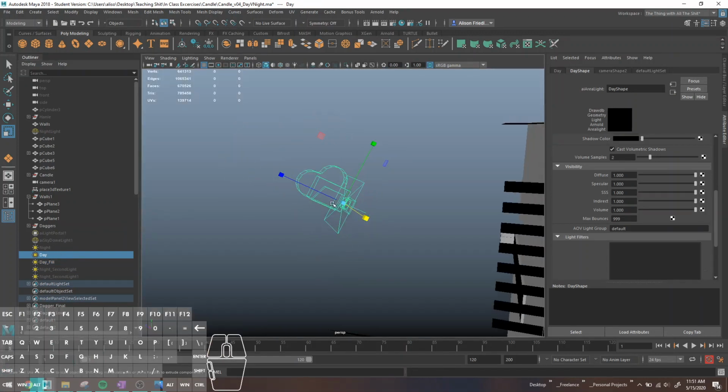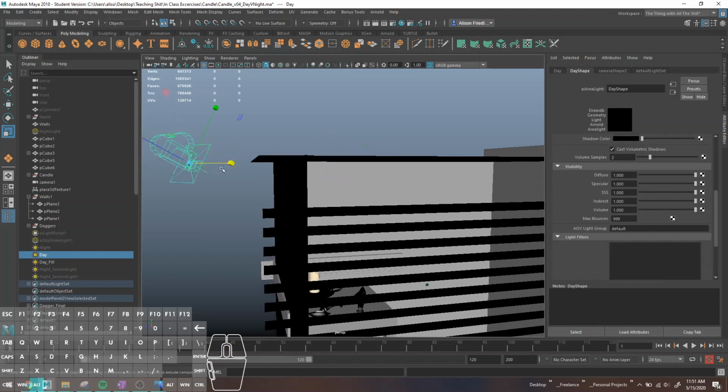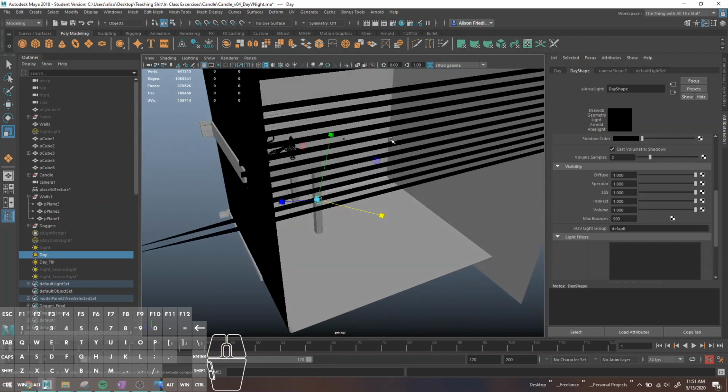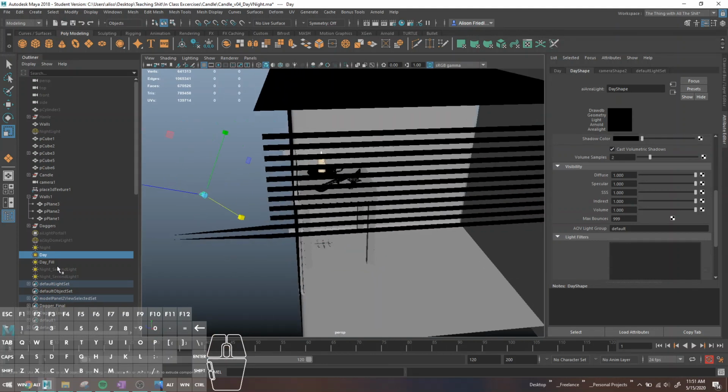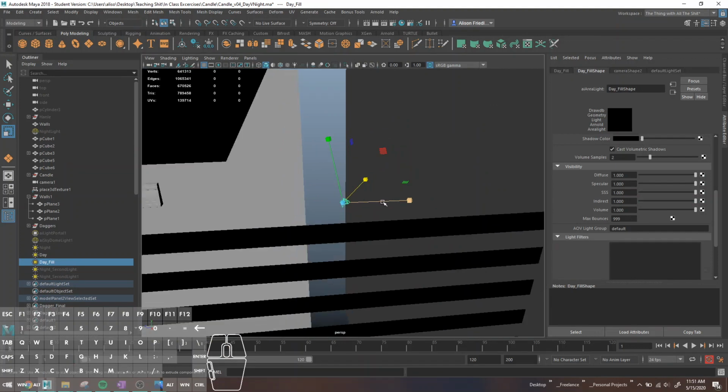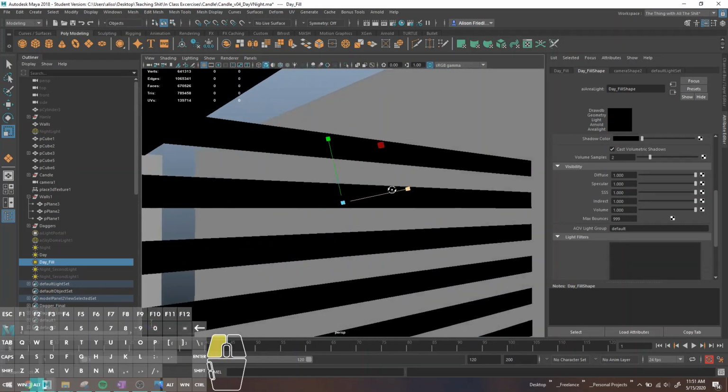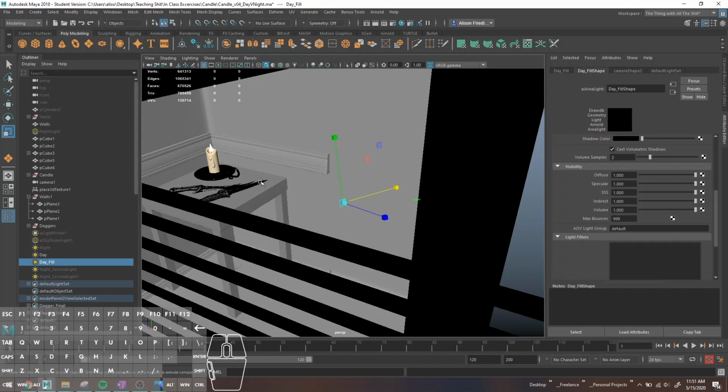So there's a camera in my daylight. So I have a camera, and you can see that whereas the night light was positioned here and pointing off in this direction, this one is doing the opposite, where it's coming from the left and going to the right. That's basically just where that thing is, and then I've thrown another random area light, not really in the middle, but sort of coming from the wall. And that is, again, not really there to cast shadows or be a bright source of light, it is just there to act as fake bounce light and lighten the scene a little bit, because I thought it looked weird when the